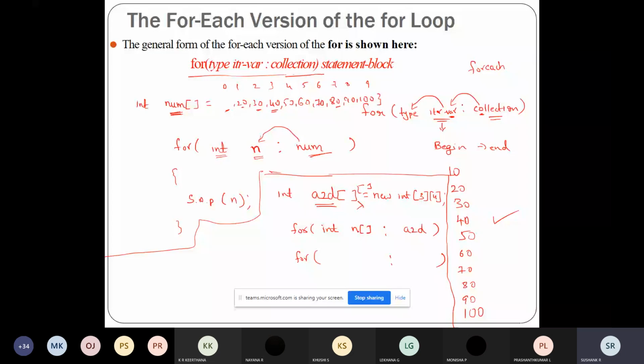Whatever value I'm getting, I have to store that in an array. That means it will traverse one row at a time, one row of arrays at a time. When we have two dimensions, you're traversing through one row of data. The first time the loop runs, this n will contain elements of row 0. Next time it will contain elements of row 1, elements of row 2, elements of row 3.